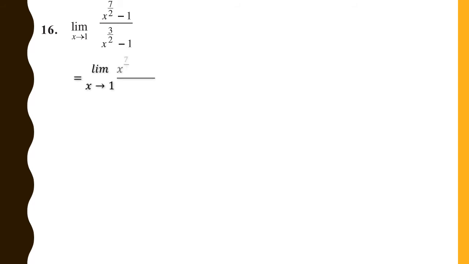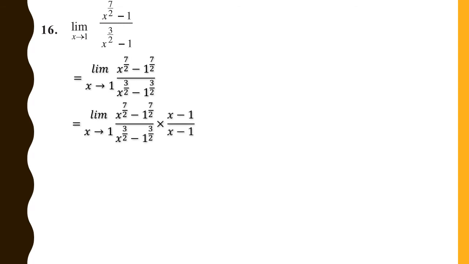First we will write it down as it is, and then we will add x minus 1 divided by x minus 1. But before that I have written powers to 1 also, because anything raised to 1 is 1. We can write anything in the power of 1. So to make it look alike, x raised to 7 upon 2 minus 1 raised to 7 upon 2 divided by x raised to 3 upon 2 minus 1 raised to 3 upon 2 into x minus 1 upon x minus 1. To balance the equation here, you know our form needs something in the division proper.